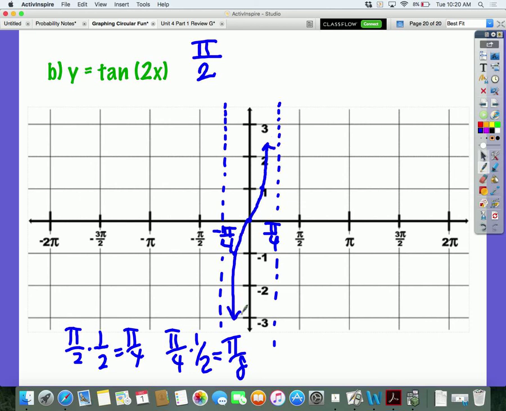So tangent basically gets skinnier, it gets closer to the y-axis. And then you can repeat that for all the other ones after that. Okay? For cosine and sine. It's getting closer to the y-axis because this number is bigger than 1. If this was a 1/2, it would have gotten wider. Okay? So your homework, guys, I won't